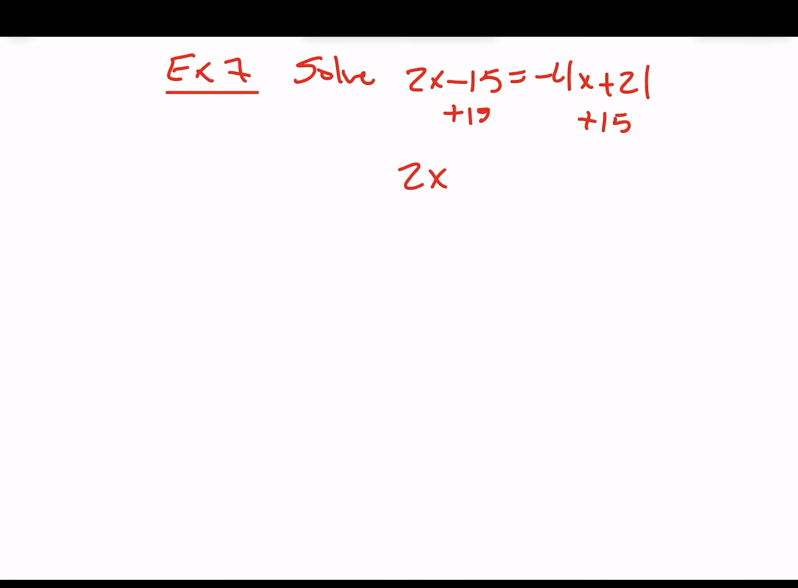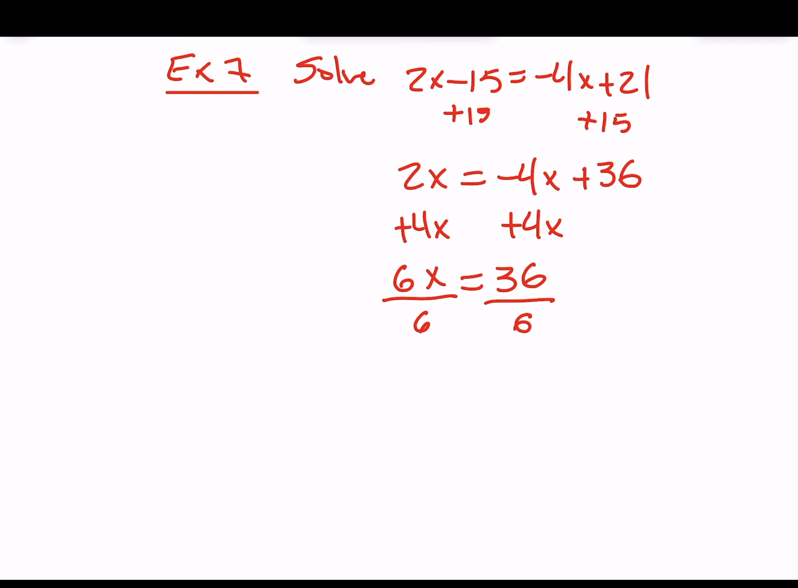So when I add 15 to both sides, I get 2x is equal to negative 4x plus 21 plus 15. 21 plus 15 is 36. Now I can add 4x to both sides. The negative 4x and the plus 4x on the right will cancel, and I'm left with 36. The 2x plus 4x is 6x. Now I have 6 times x. To undo that multiplication, I divide both sides by 6. The 6's will cancel on the left-hand side, and I'm left with x is equal to 36 divided by 6,